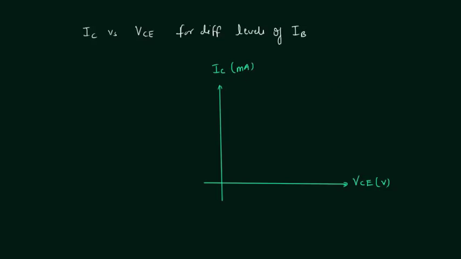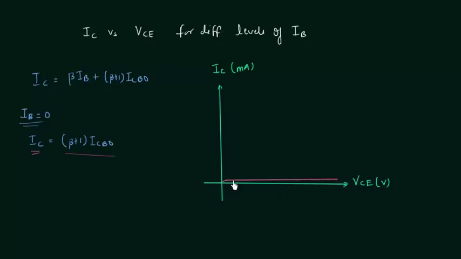We already know IC is equal to beta times IB plus beta plus 1 ICBO. When base current, the input current, is equal to 0, this implies the collector current or the output current is equal to beta plus 1 times ICBO. So we have a small current,